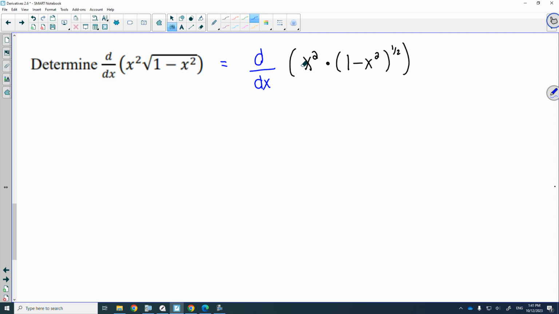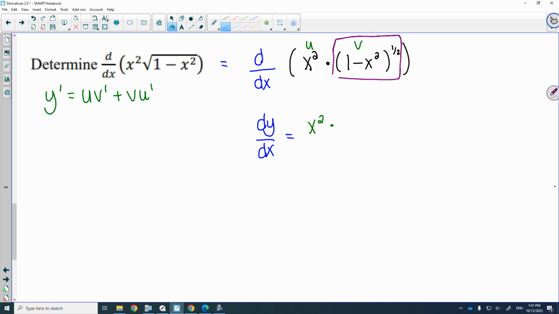Okay, so for product rule, let's call this u and this v. And remember that when we are differentiating the product rule, what we are getting is u v prime plus v u prime. Okay, so we're differentiating, so the derivative, I'm going to write it as dy dx is equal to, so u and then v prime, so u is x squared,